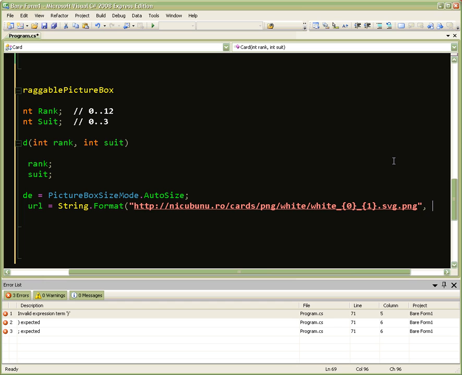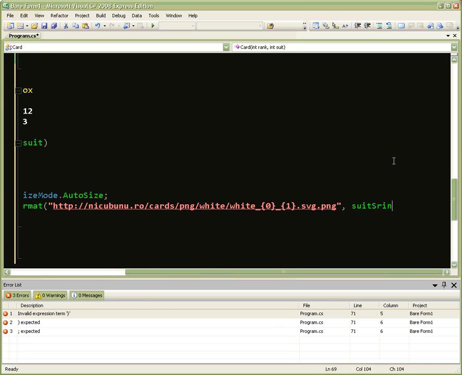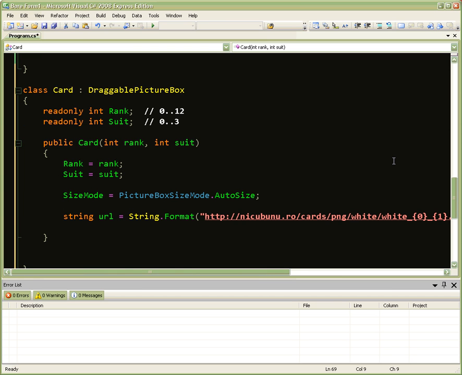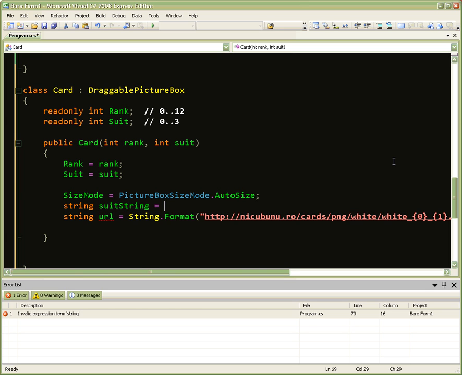So let me just be verbose here. I don't know that I would normally do this. I'm going to say suit string and rank string. Okay, I'm winging this, so I hope it's not too ugly. And then I'm going to go ahead and compute suit string and rank string. So suit string is just